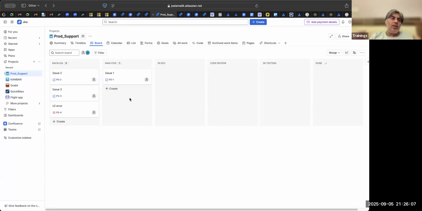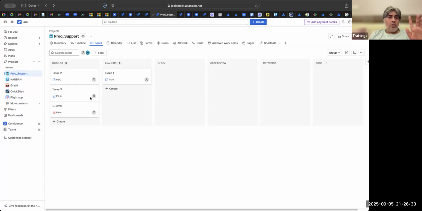So either you can create this or you can take help from a Jira admin, or there would be an agile coach. So somebody would be there, but start with a very basic flow. Don't complicate it too much. It should not be that there are 20 statuses here, that gets too complicated. It should not be more than 6 to 8. Otherwise, this board becomes very cluttered.